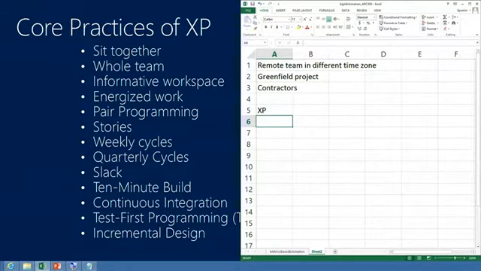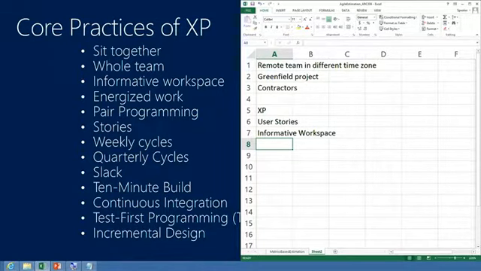So go ahead. Stories, user stories. Everyone thinks user stories are good, right? In this case? Good. User stories. Obviously, sit together is not going to work. What else? Well, hold on. I heard one in the back. Let me get that one first. Informative workspace. Yes. I think an informative workspace is the precursor of the electronic boards, right? I mean, it's very much so. Okay. We had something over here.